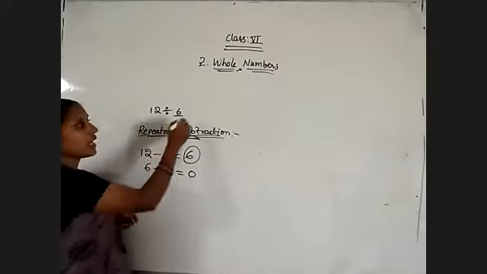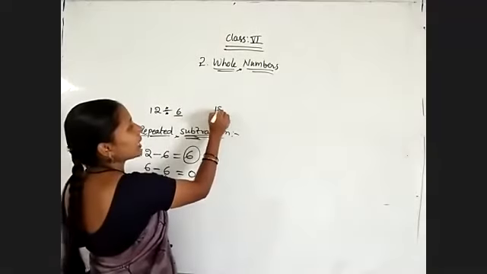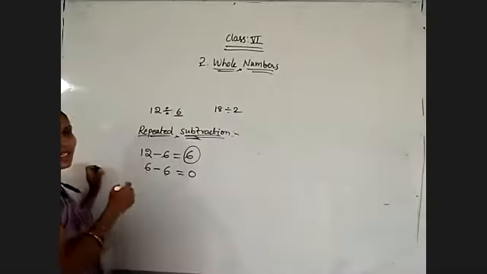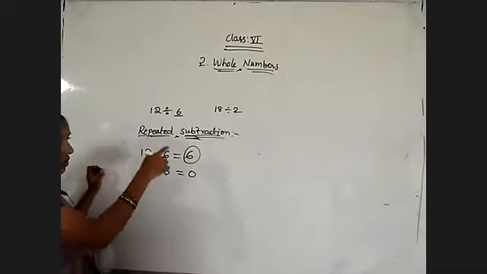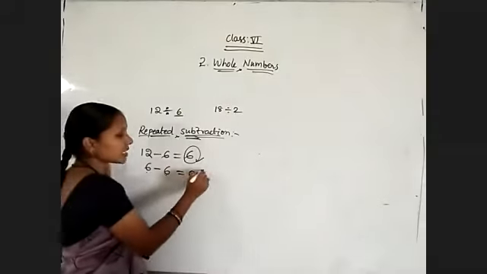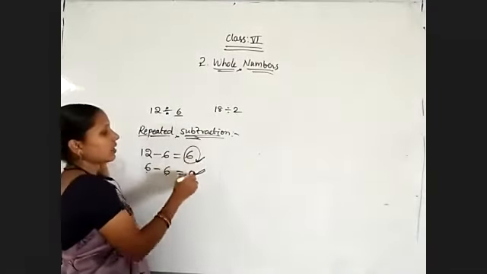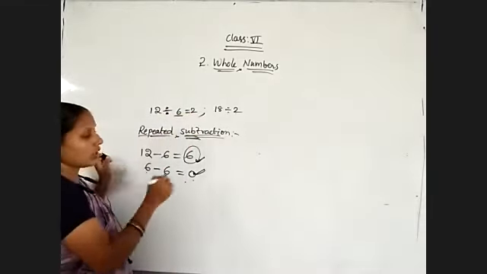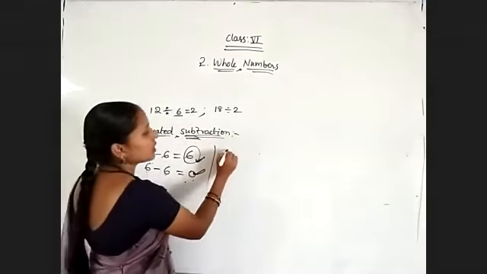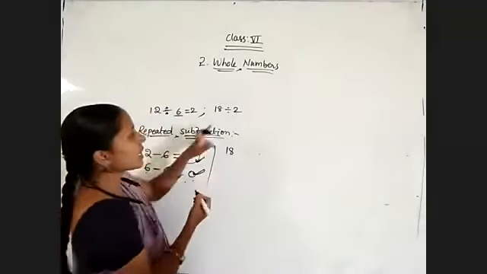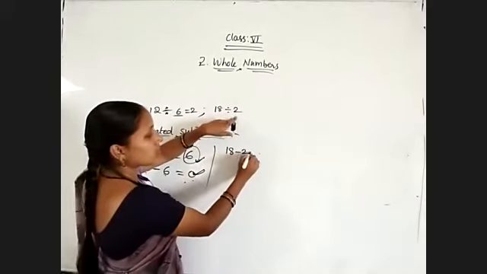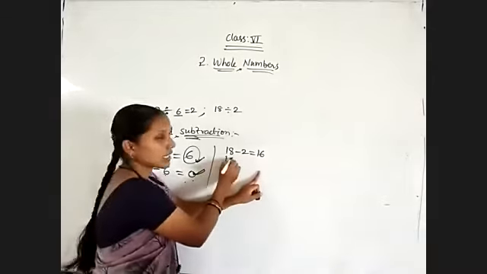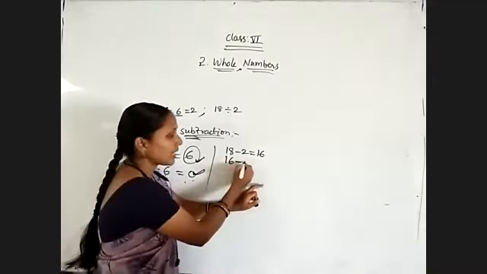In the same way, I am taking another example. 18 by 2. As we know 18 divided by 2, 2 nines are 18, 9 we will get as the result. So now we will check. How many times it is repeated, that one we need to count and write here. 2 times we have repeated. So 12 divided by 6 is equal to 2. Now for the next question, 18, what is the divisor? 2. 18 minus 2 is equal to 16. So now we got the answer as 16. 16 minus 2.